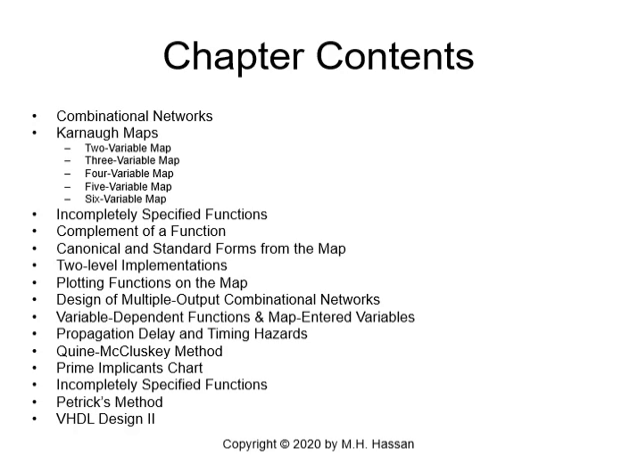Chapter contents. In this chapter, we will introduce combinational networks, analysis and design. We'll talk about Karnaugh Maps today, which is 2-variable maps, 3-variable maps, 4-variable maps, 5-variable maps, and 6-variable maps. Then we'll talk about incompletely specified functions, complement of a function, canonical and standard forms from K-map, two-level implementations, plotting